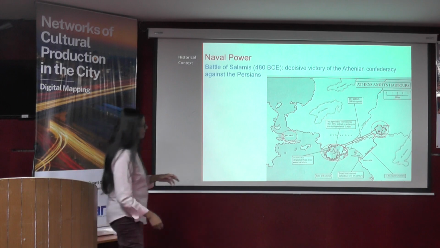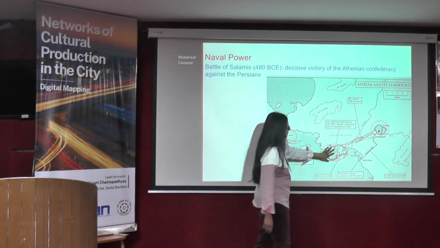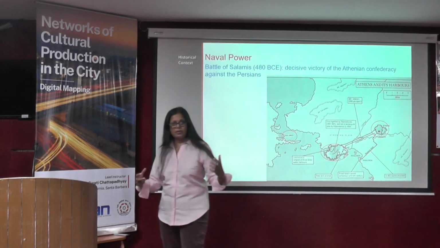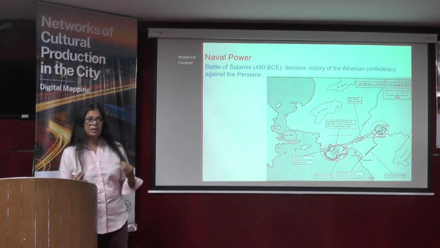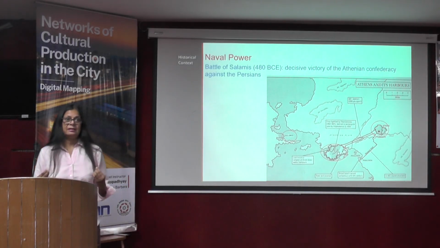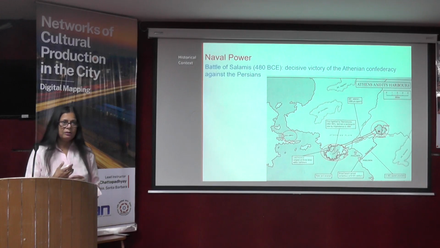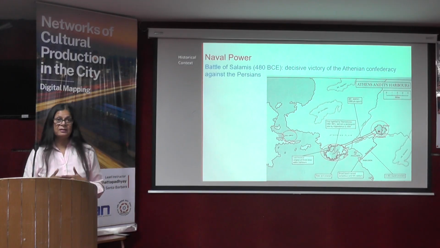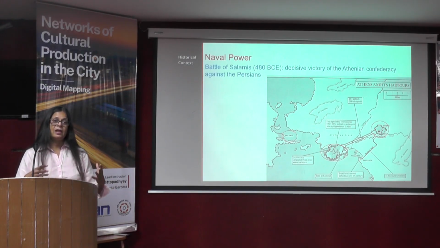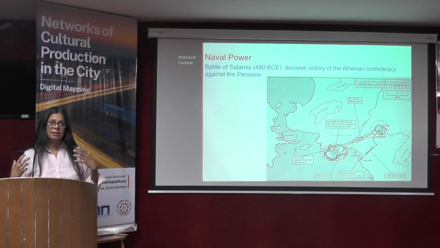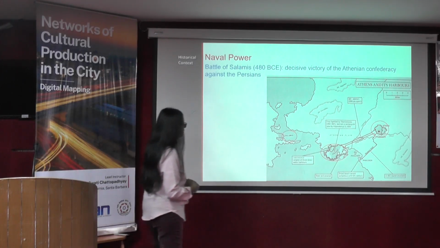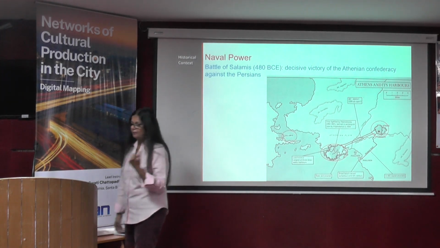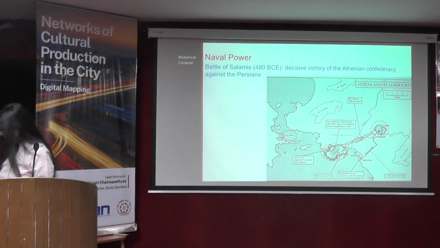So it's important to recognize this is the port of Athens, Piraeus, and the long walls were created to defend the passage of ships. Grain was extremely important, because that's one thing that Athens and these Greek city-states did not produce. They were very good at oil and wine and pottery, but grain they had to source from a distance. So it was very important for the survival of the army to protect the import of grain. And this is Salamis. The Battle of Salamis was the deciding factor in favor of the Athenians. So its geography is important.